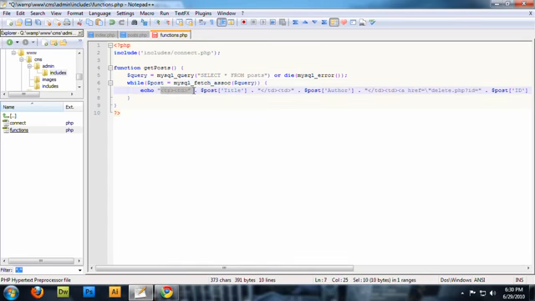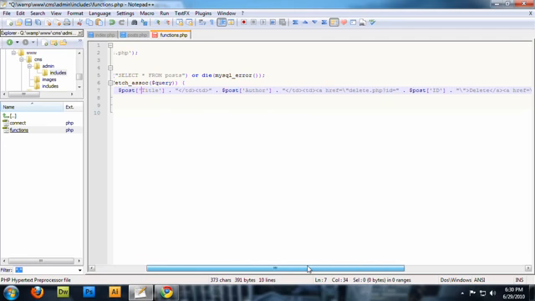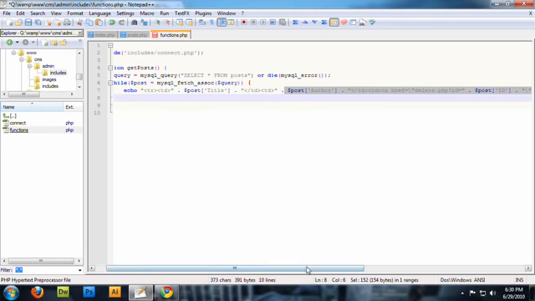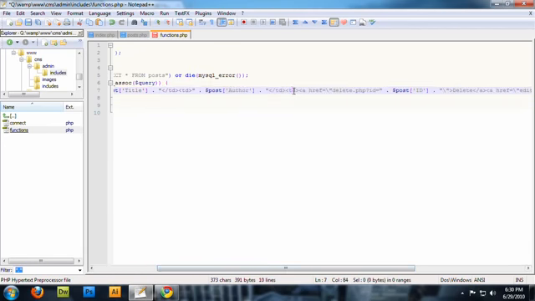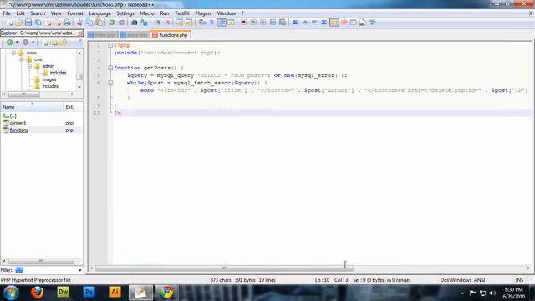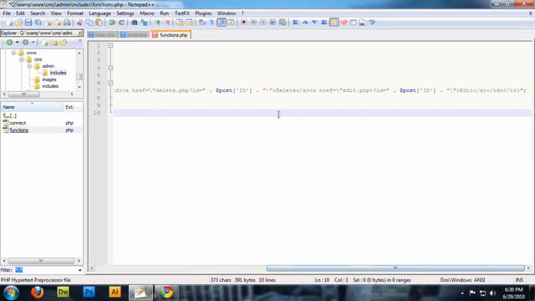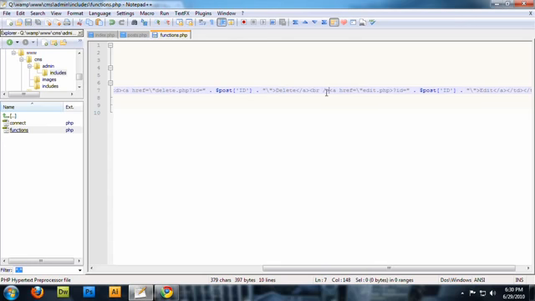And we'll create a table row, which is going to be inserted in our table body, and then our first data cell is going to have the post title in it, and then our next data cell will have the post author in it, ending that table cell, and again starting another table cell, and it's going to have our delete.php and our edit.php links in it. And actually, between our edit and delete.php links, we are going to add a line break like that,